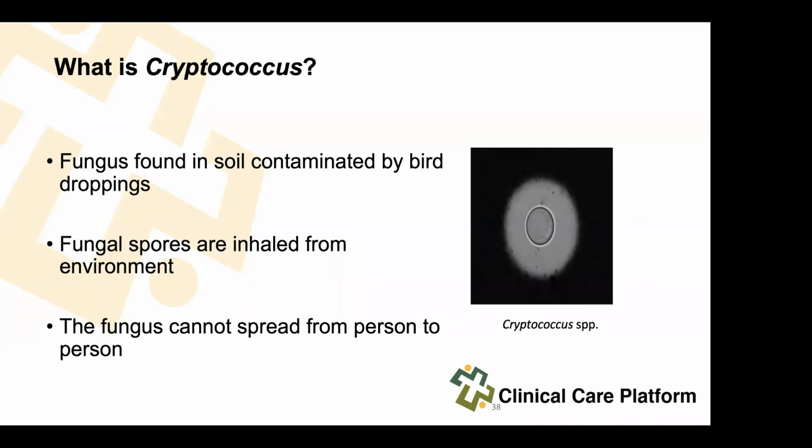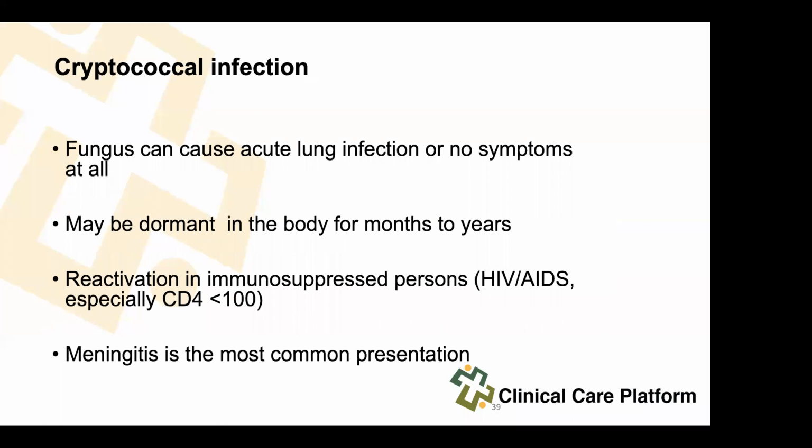These fungal spores are inhaled, similar to TB. They are trapped in our lungs and lie dormant there, and there is no person-to-person spread. So it's not an infection which spreads between people, but we all inhale it from the environment. The fungus can cause acute lung disease, but most of the time you will only confirm this through serial cultures in a patient who's not responding to other treatments. Then you might think it's crypto if you continue to culture it in a sick patient.